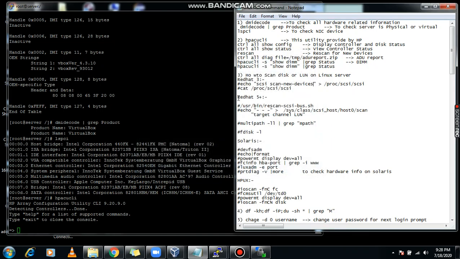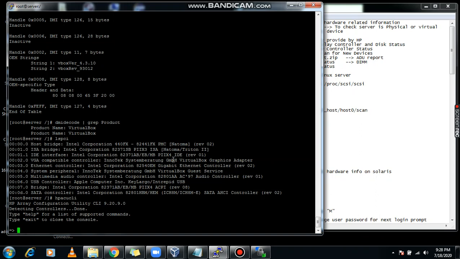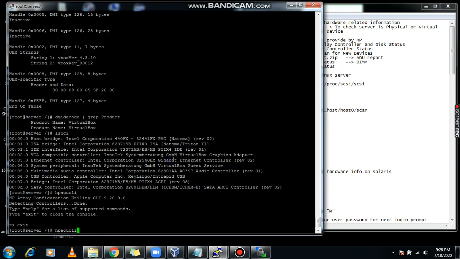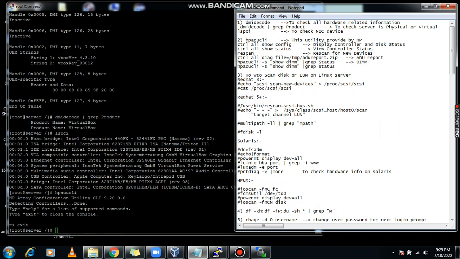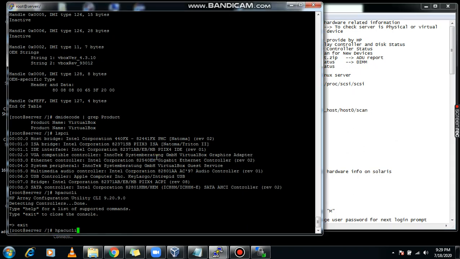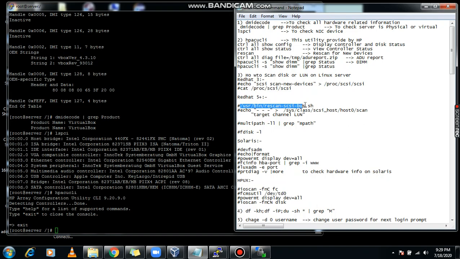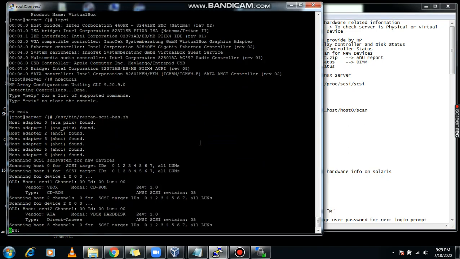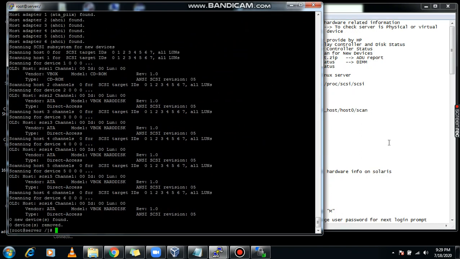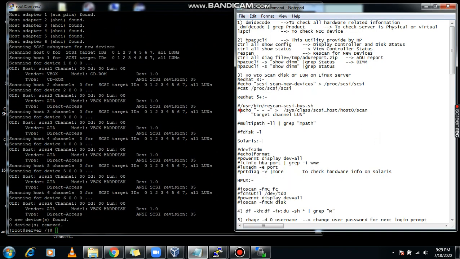In Red Hat 5, Red Hat 6 and Red Hat 7, you use this command to scan your LUN. I am using this command now. Using this command you can scan your LUN, or you can use the echo command.